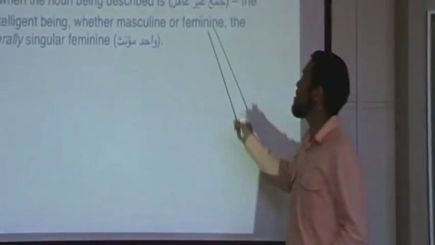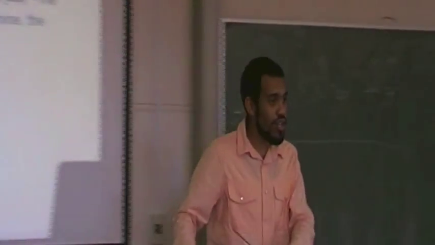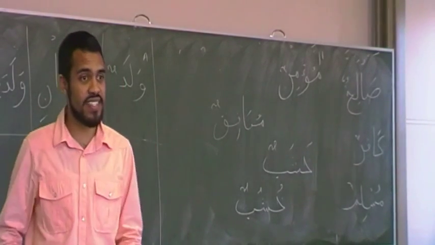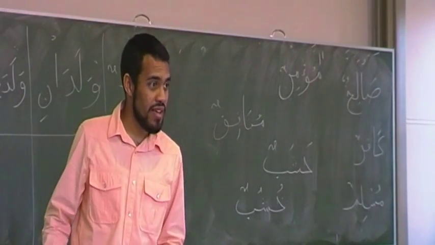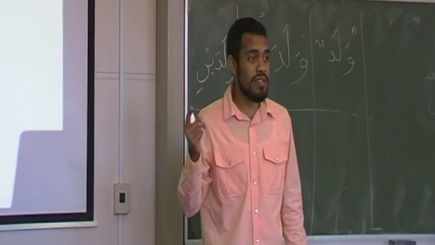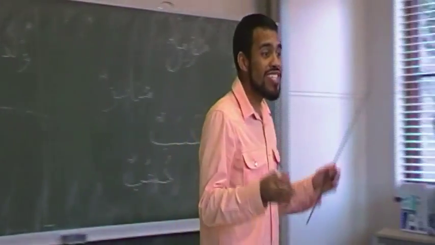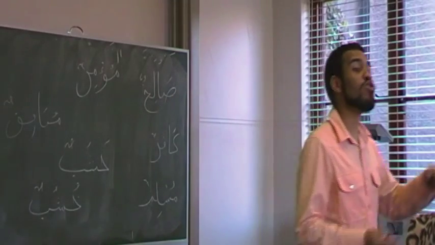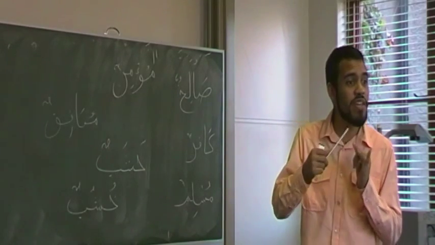No, it's true. The plural of unintelligent things, right? We describe them, whether that unintelligent thing is masculine or feminine. For example, let's use maktabatun, like a library. A library is unintelligent, the library in itself. But maktabatun is feminine. And its plural is makatibu. So when you describe the plural and you want to say big libraries, you say makatibu kabiratun. How do you describe it? You describe it as singular. The adjective must be singular and it must be feminine.